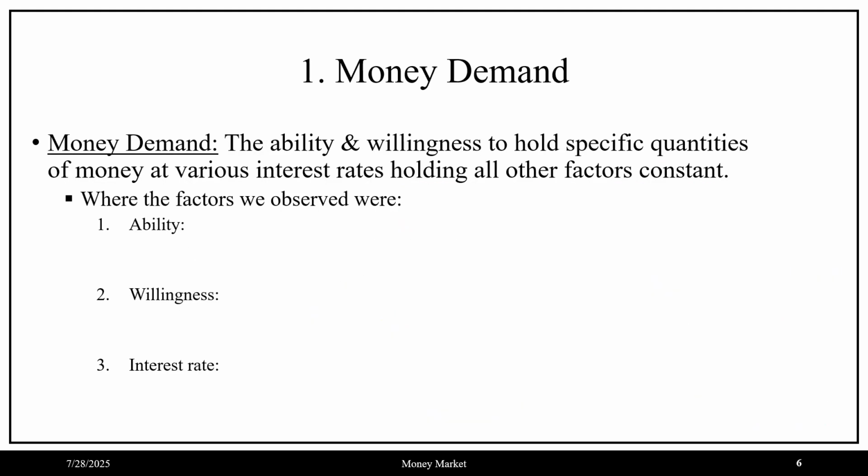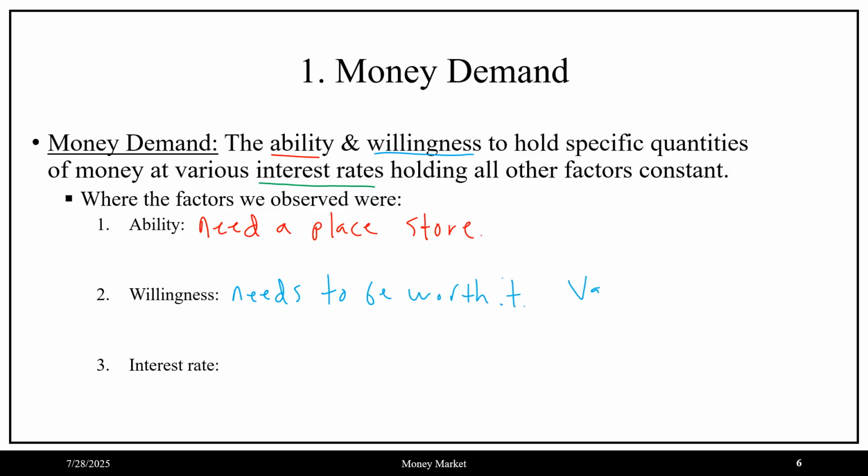What we described then was money demand. This was the ability and willingness to hold on to specific quantities of money at various interest rates, holding all other factors constant, where ability needs a place to store money, which we said would be banks. Willingness needs to be worth it to the agent. So their valuation needs to be greater than or equal to the interest rate,